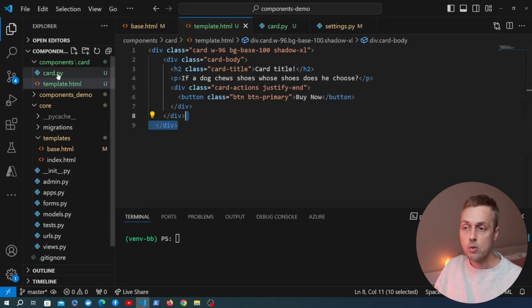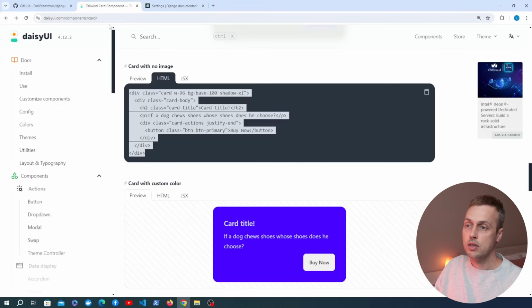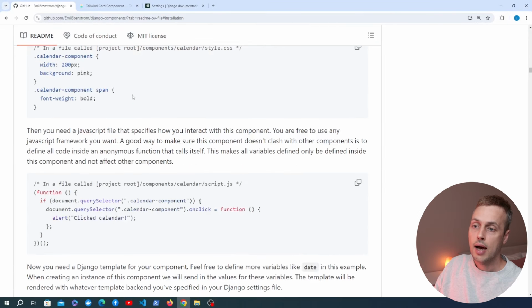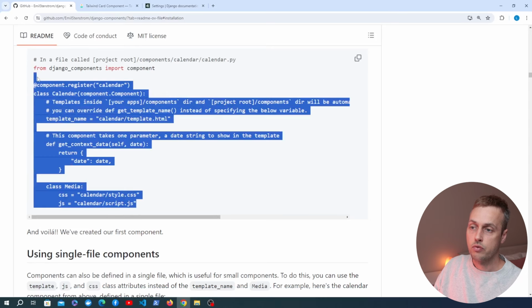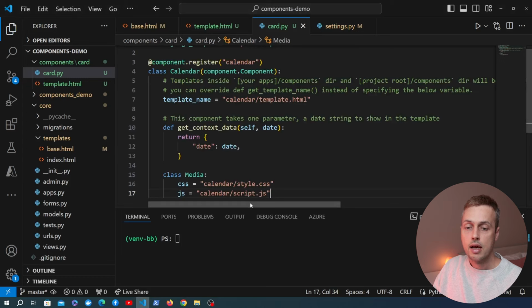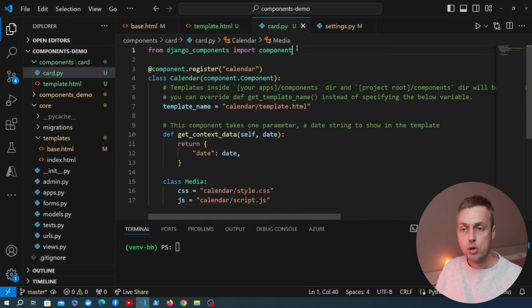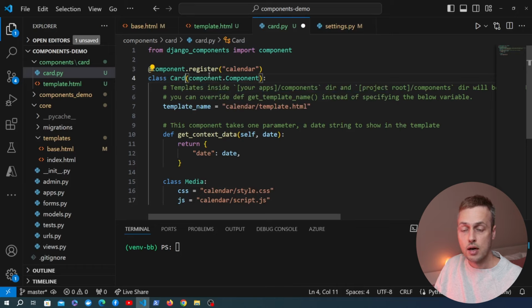Once we have the HTML, we're going to go to card.py, and we're going to write the Python code to define this Django component. Now let's go back to the README for Django components, and we're going to look at the sample Python component here. I think it's easier to view in VS Code, so what I'm going to do is just copy paste this into card.py, and we're going to look at the code now. At the top, from the Django components package, we are importing the component, and then we define a Python class. It's called calendar here, but I'm going to override that and call it card, and that will inherit from the component class